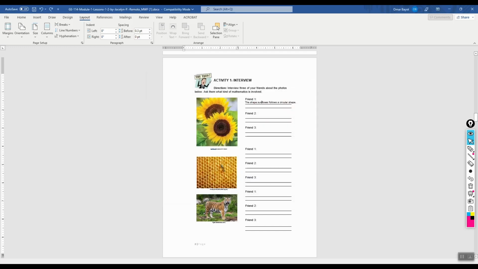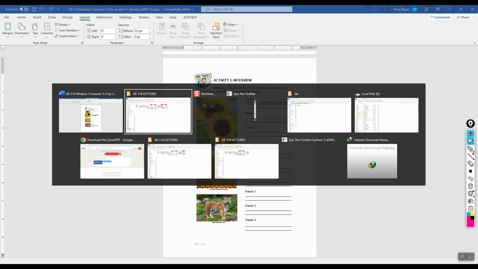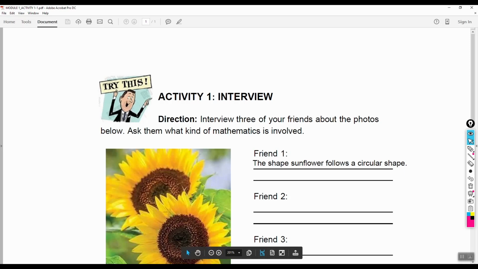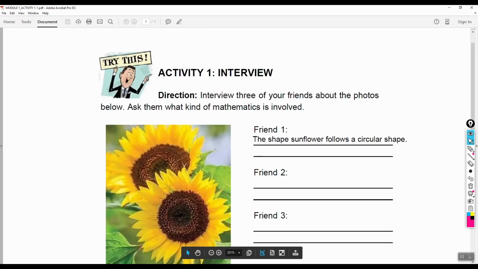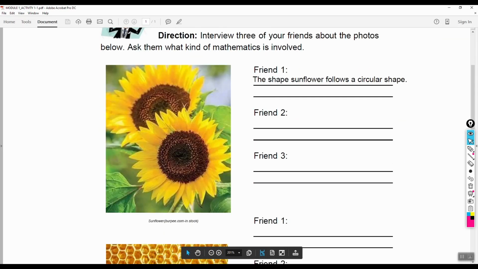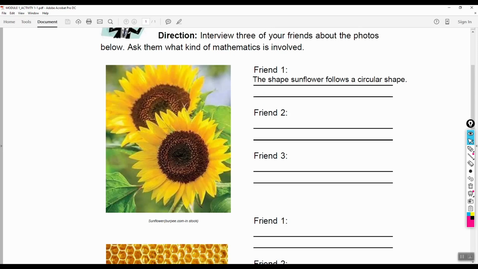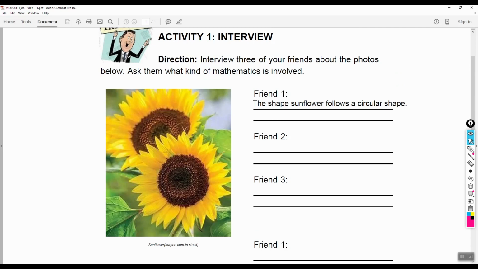So let's save it now, and going back to the destination folder, you will have 1-1. We will open it, then you will have that as your submitted activity number 1. So this is the proper way of sending me your output, and added instruction on how to submit anyway. That will be submitted